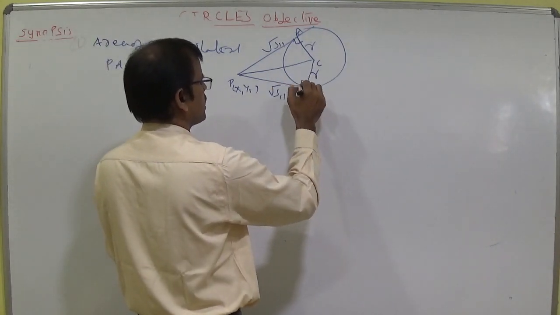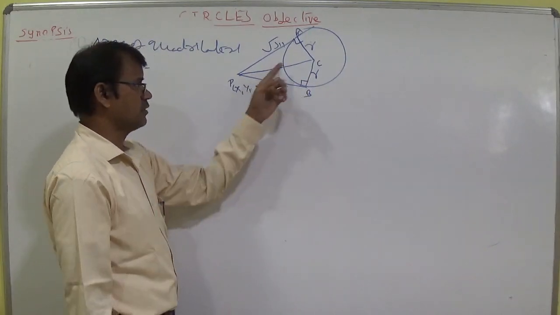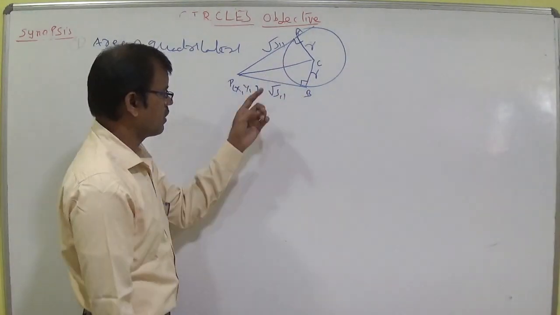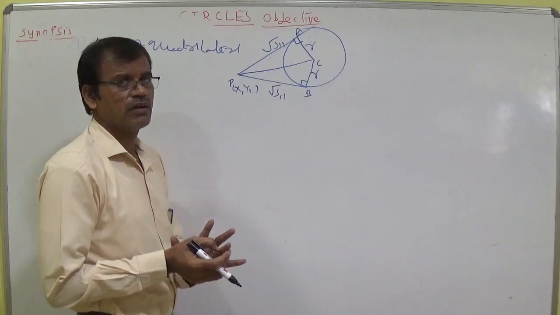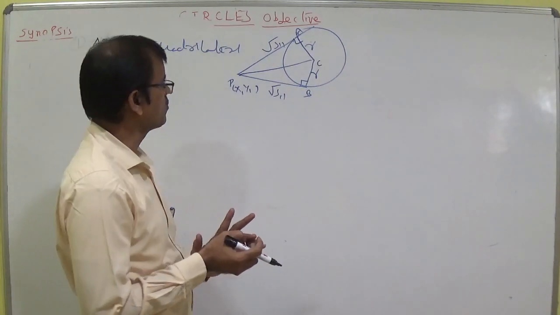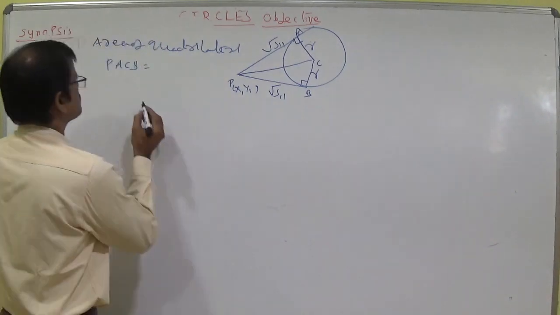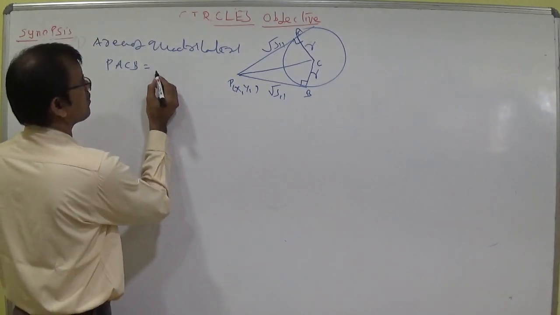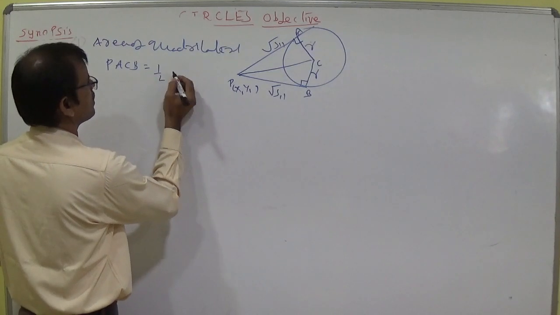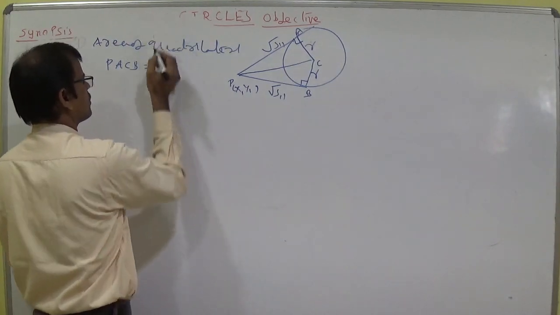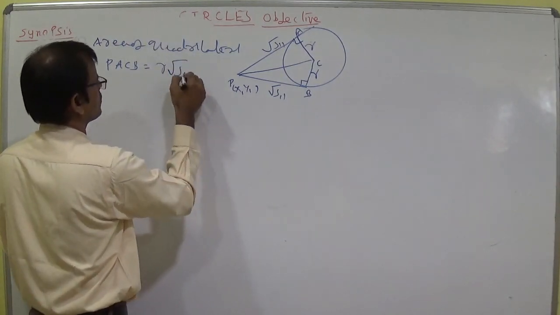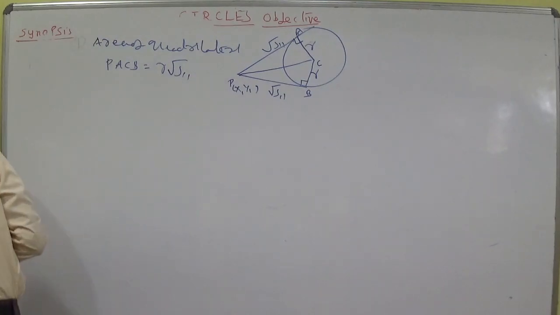This is right angle triangle. We know that 1 by 2 into R into root S11 and 1 by 2 into R into root S11. 1 by 2 into R into root S11 plus 1 by 2 into R into root S11. So whenever 1 by 2 into R into root S11 we have taken, simply 1 by 2 plus 1 by 2, directly we can write R into root S11.